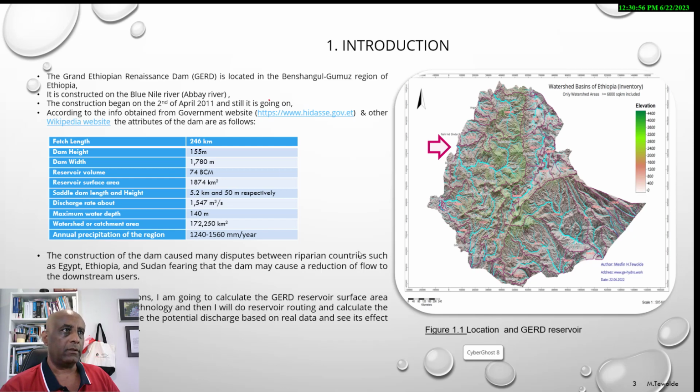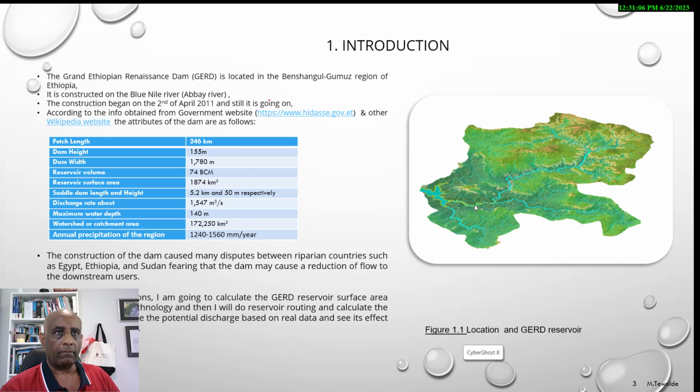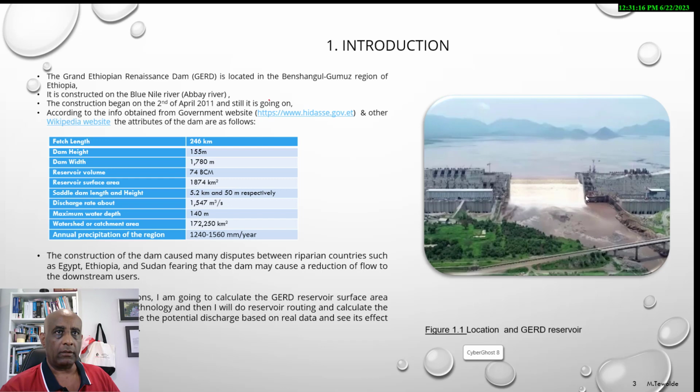This is the salient points of the dam, and this is the location, and this is the catchment area. Catchment area in 3D. This is the dam, and this is the western Ethiopia. This is actually the dam,